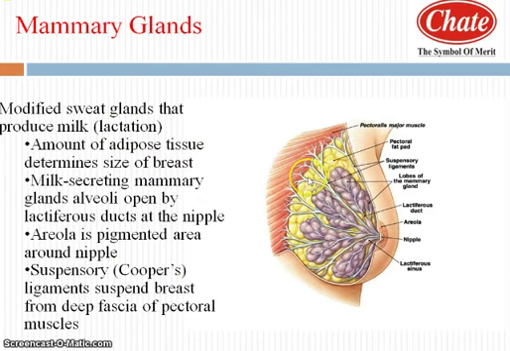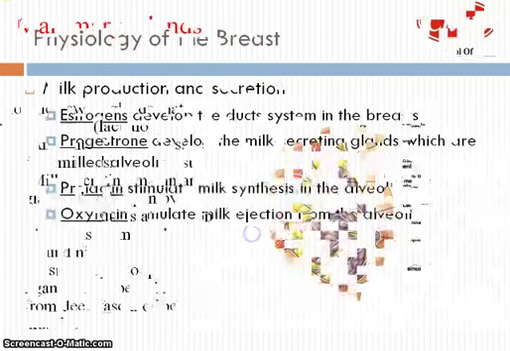Milk is secreted in the mammary gland into the lacteal cells of lactiferous tissue, and this lactiferous tissue has the lactiferous duct. This lactiferous duct opens into the nipple, and from the nipple milk is ejected outside under the influence of the hormone oxytocin. This nipple is surrounded by a pigmented area, which is termed the areola. The functions performed by mammary gland: mammary gland plays an important role in production and release of milk after parturition.